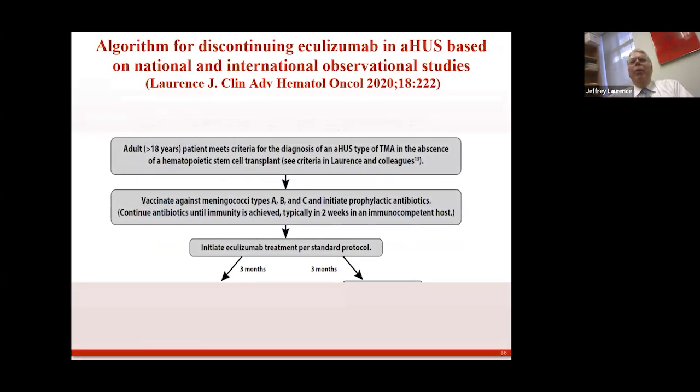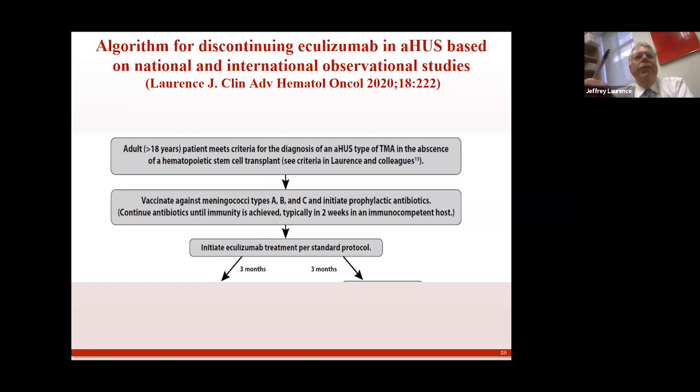Okay. People often ask me, these are really expensive drugs. That yearly treatment, either with ravulizumab or eculizumab, is in the $500,000 range. If you start this drug, can you stop it? And there are multiple papers on this. I published basically my ideas as a review in 2020 in Clinical Advances in Hematology and Oncology, where, how long do I treat? The typical patient in the United States treated with eculizumab is treated for 5.7 months, and then they stop. The important point here is it should be individualized therapy.